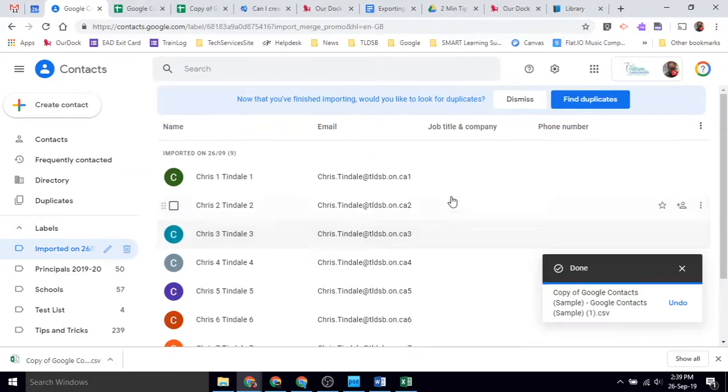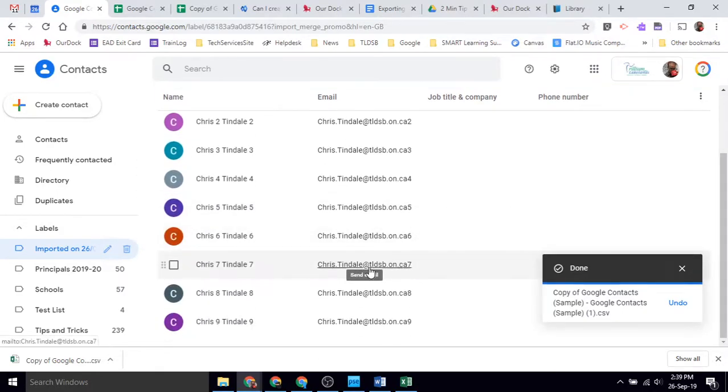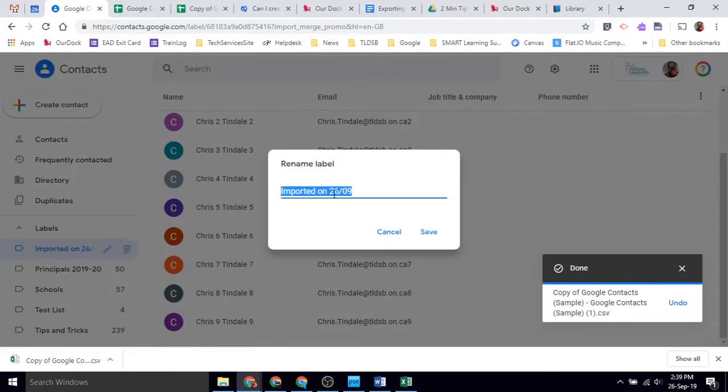It will immediately show me that group that I've imported. So you can see all the numbers I added in there just so that it wouldn't mess up my real email here. And every time you do this, it will immediately create a label for you on the left-hand side here that says it was imported on the 26th of September here. So I could just grab that label and change it and call it parents. If this was my parents group that I was working with,